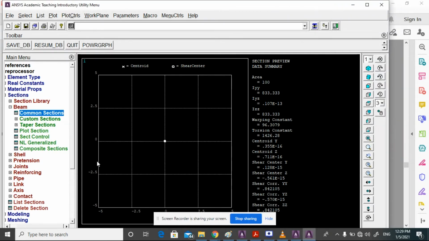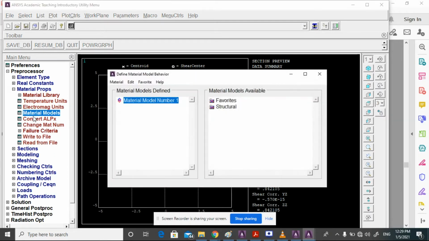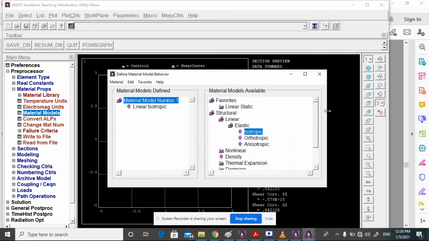OK, and material property, go to material property, material model, structural, linear, elastic, isotropic, 2 into e to the power 5, and 0.25 as the Poisson ratio value, then click OK.